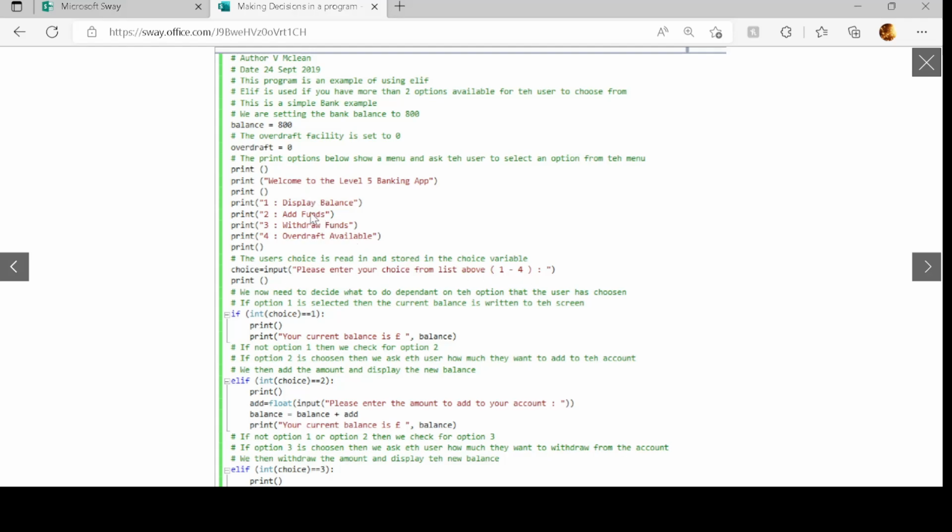So they choose option 1, 2, 3 or 4, and depending on what they choose, we carry out a specific task. If they choose option 1, it is just to display the balance. So printing a blank screen and then print out your current balance is, and then balance. If it doesn't match 1, you come down to the next one, and if the choice is equal to 2,